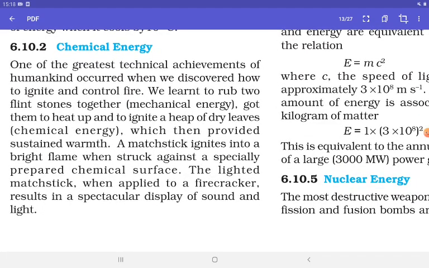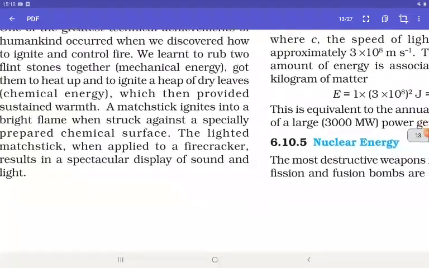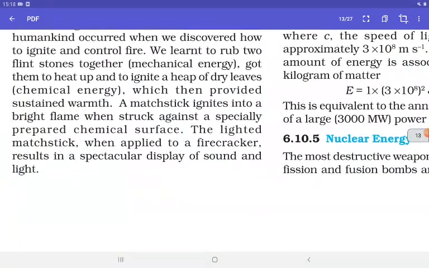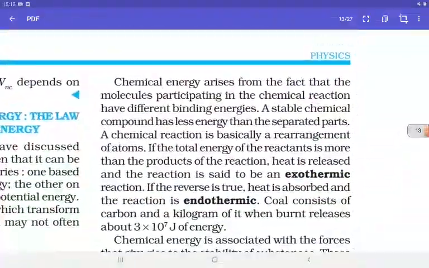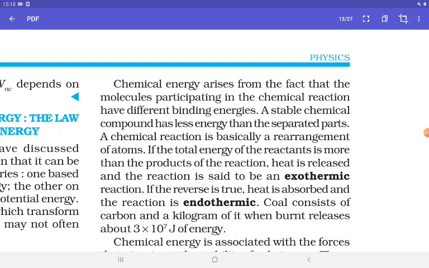A matchstick ignites into a bright flame when struck against a specially prepared chemical surface. The lighted matchstick, when applied to a firecracker, results in a spectacular display of sound and light. Chemical energy arises from the fact that the molecules participating in the chemical reaction have different binding energies. A stable chemical compound has less energy than the separated